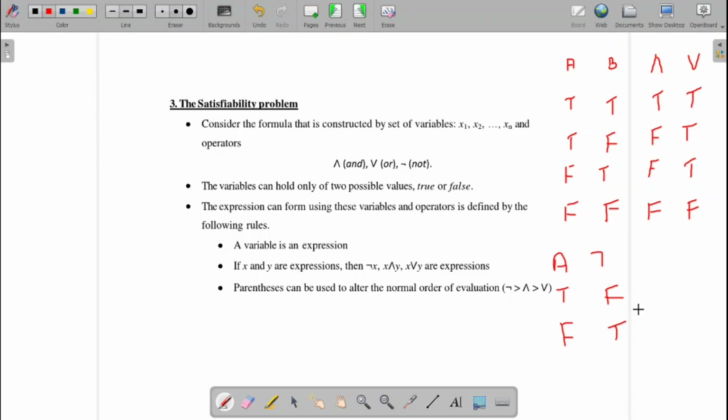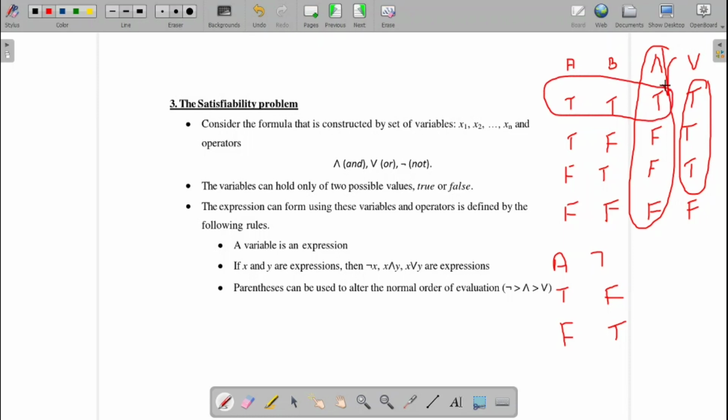Fine. Now in the satisfiability problem, we will decide for the AND operation what are all the combinations which give me the true value. Then next, for the OR operation, what are all the combinations which give me the true value? For the AND operation, I have only one such combination. What is that? True and true.